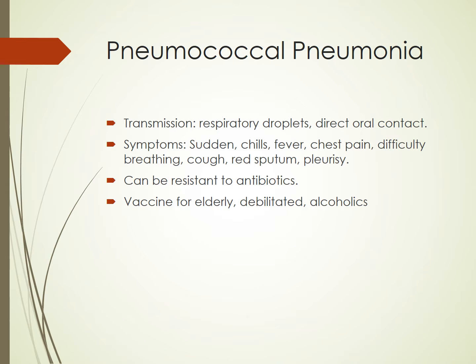Transmission of pneumococcal pneumonia is respiratory droplets, once again, and direct oral contact. So that would be the same thing again as kissing somebody, sharing food with somebody. The symptoms are very sudden. Patient will have chills, fever, they'll have chest pain from the sputum that's in their lungs, they'll have difficulty breathing, a cough, red sputum, which is blood-tinged sputum,